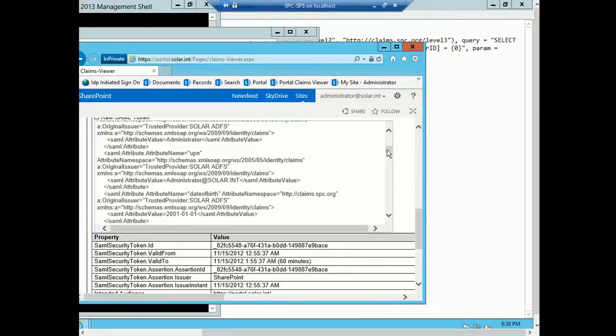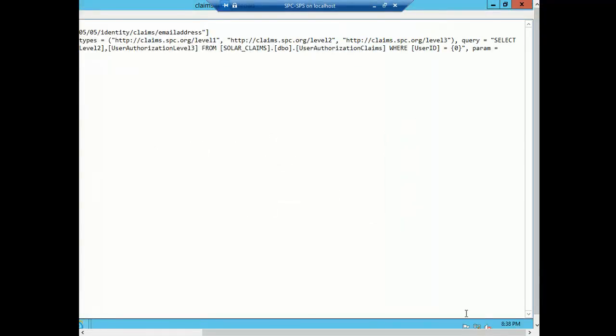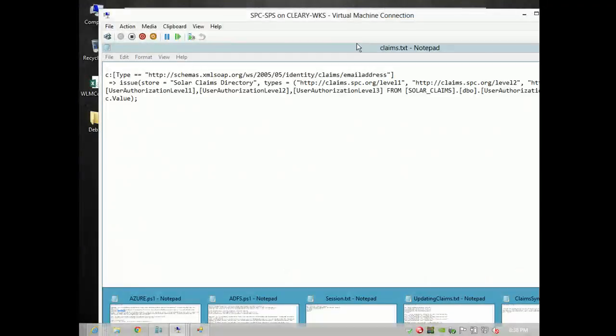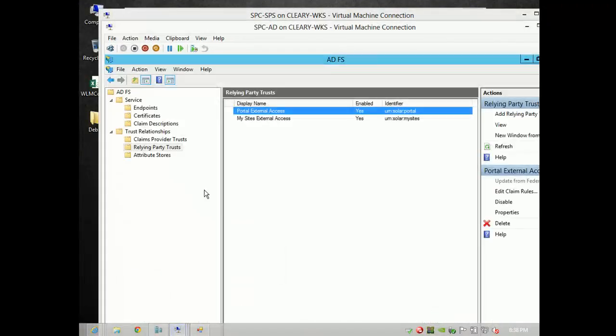You need to have not only the configuration, you also need to have the certificate trusted, so you trust the signing cert from the ADFS. If you're using Windows Azure, it's exactly the same process. So if I go back into my SharePoint environment, let's come back out of SharePoint and go back to my ADFS environment, sorry. So in my ADFS environment, if I go back to my claims,